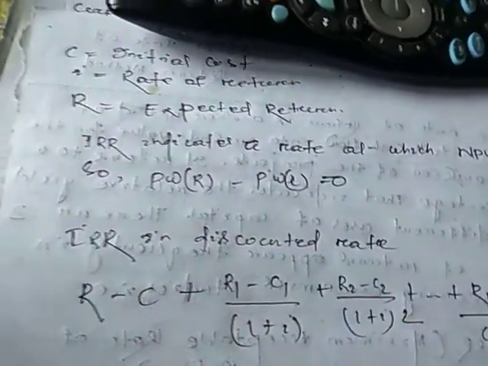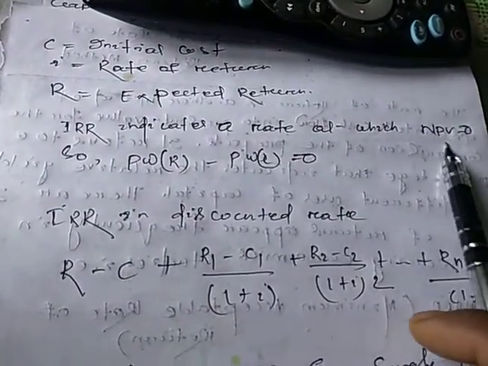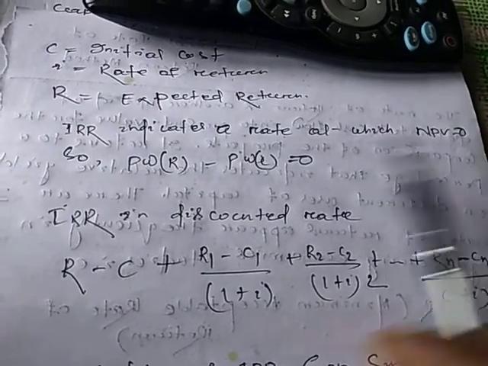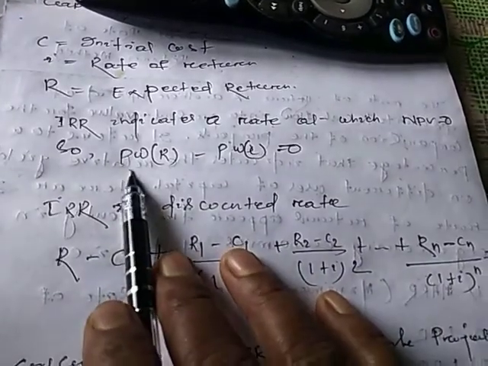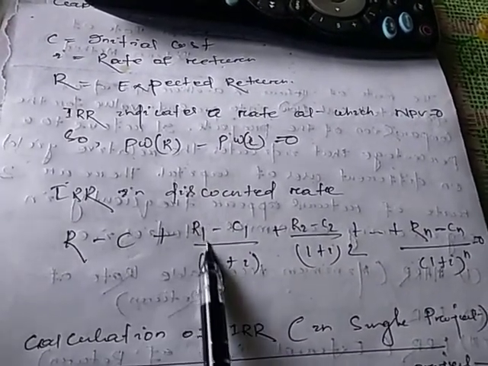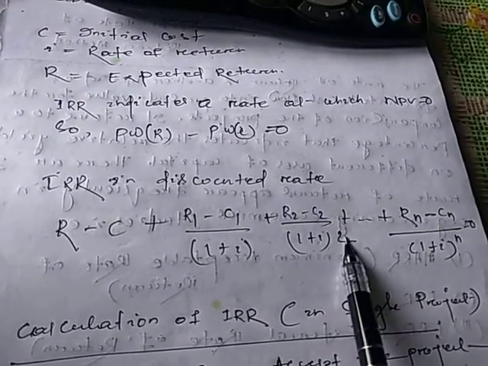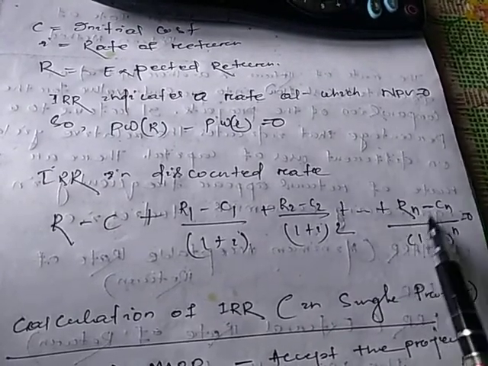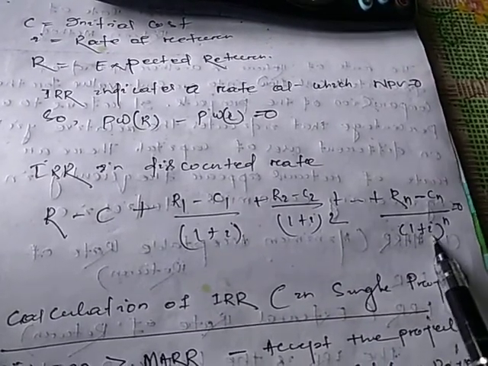Expected return is also there. So IRR indicates the rate of return at which NPV, net present value, is equal to 0. We can write under IRR that present worth of revenue minus present worth of cost must be 0. That is what IRR indicates. So IRR is a discount rate. There is another form also: minus C plus (R1 minus C1) by (1 plus i) plus (R2 minus C2) by (1 plus i) to the power 2, up to (Rn minus Cn) by (1 plus i) to the power n, is equal to 0. So when you calculate IRR,